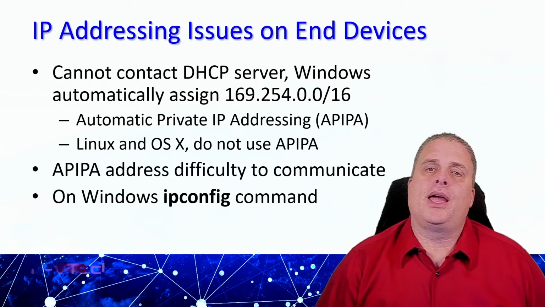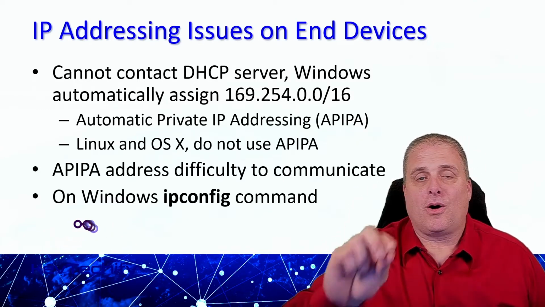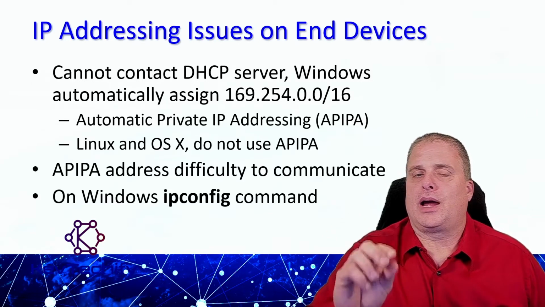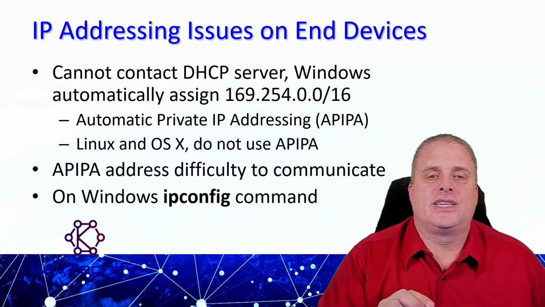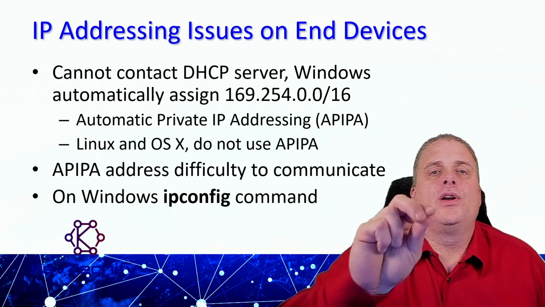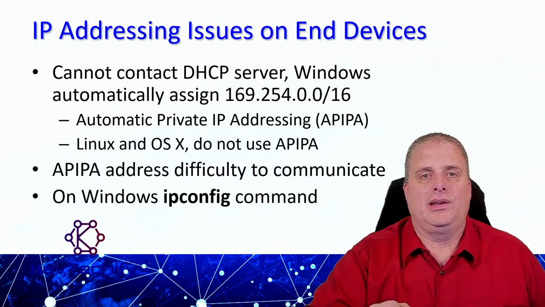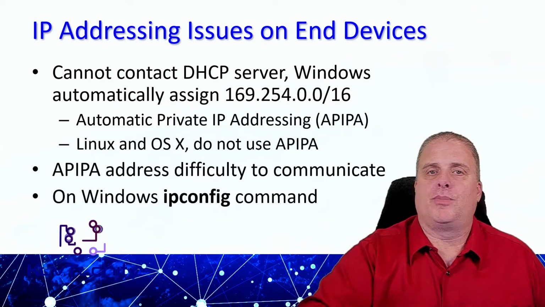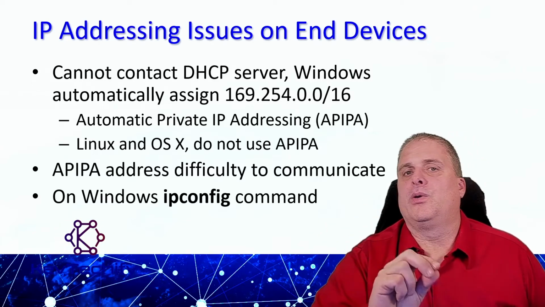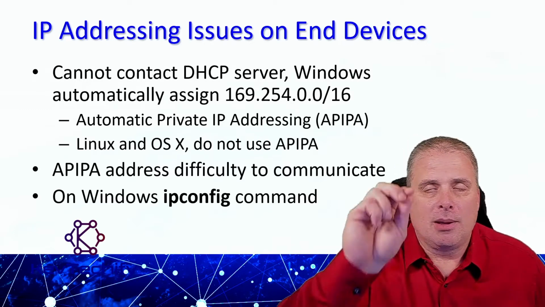That could be problematic on your network, because if all the other devices were able to get their IP address from the DHCP server, or you manually set it, it's going to be on your network address. It's going to be a 192.168 if you're using a private address internally. If you have public addresses, it's going to be in a different address besides the